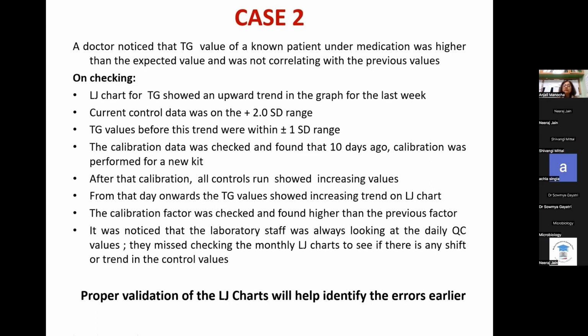So it was noticed, then the consultant said, who's checking it? Who's monitoring it? And it was found that the lab staff was only looking at the printout which was showing the control value of that day. So they would see the control value there and they would say that yes, today's value, there is no error flag next to it. They didn't check the range. They just saw that there is a value, there is no error flag to it, so it is fine, and then carry on, keep running the controls. But if they had been checking the LJ chart at regular intervals, they would have noticed that there is a trend. Since the last 10 days, there was a trend, and today the values have reached 2 SD.